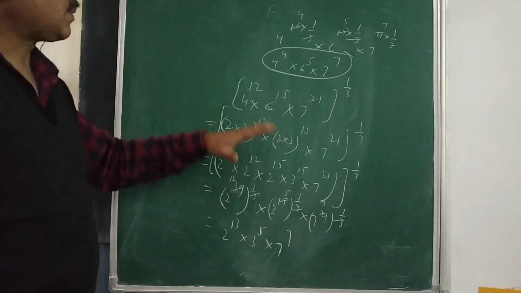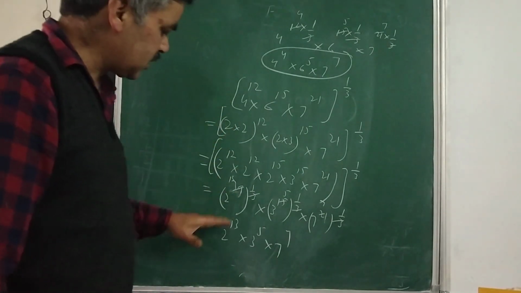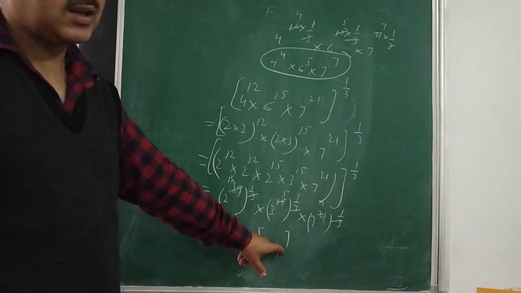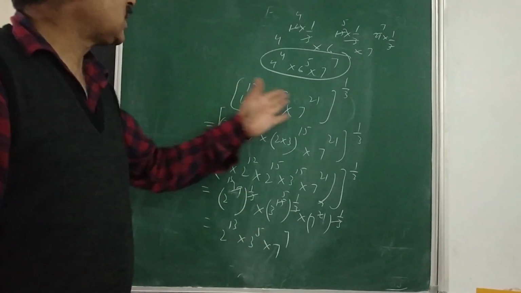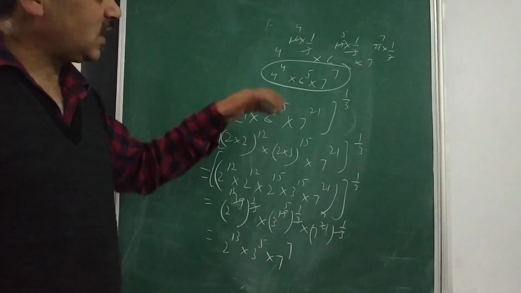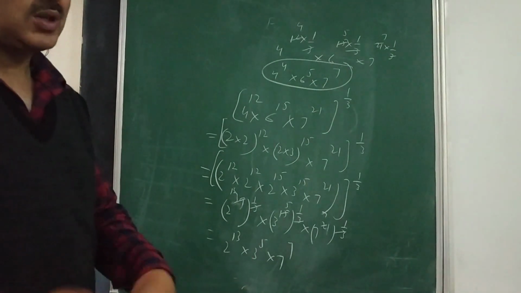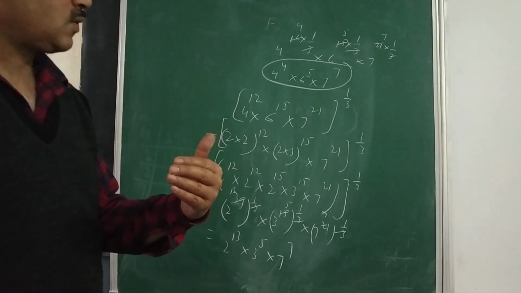So you can go for that, but see the weightage. If the question is asked in 3 or 4 marks, then you please do it in terms of prime numbers. 2, 3 and 7 are the prime numbers. The question can be conditional sometimes: express the cube root of this product in terms of its prime factors. Then the answer will be this. So I am just extending the condition in the question which can be asked.